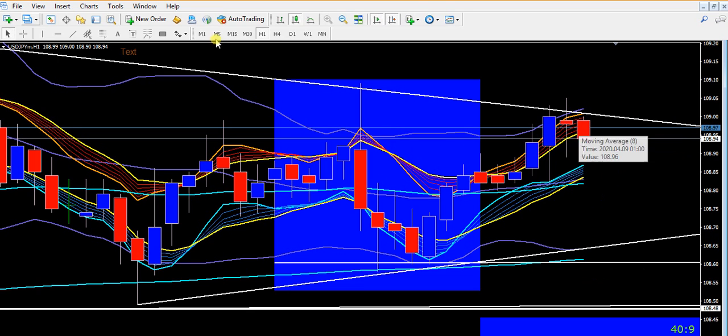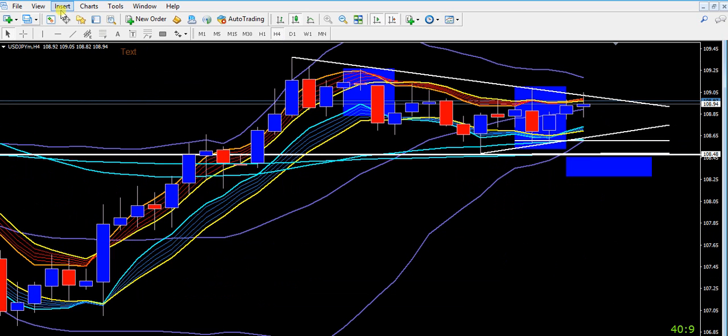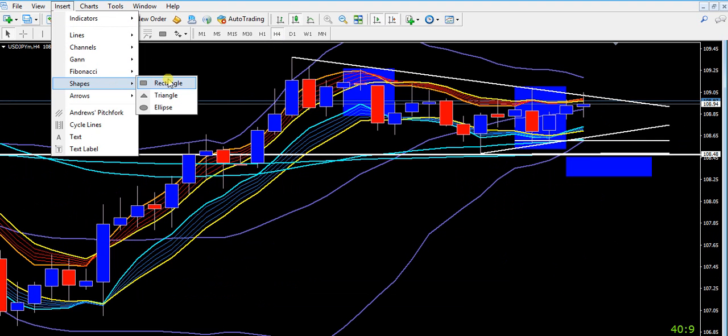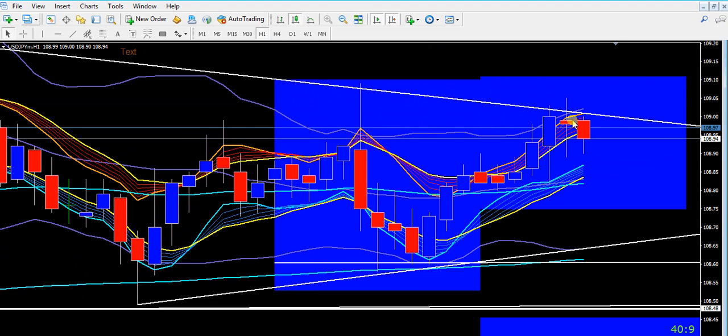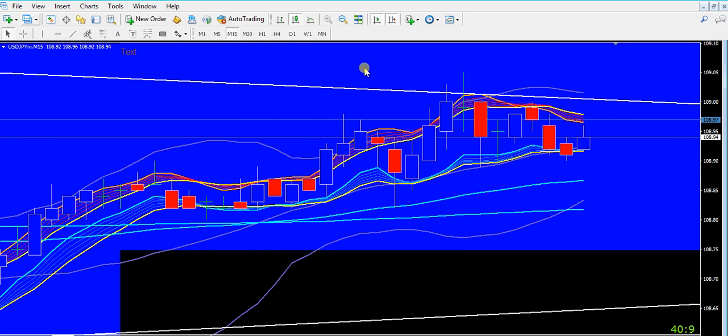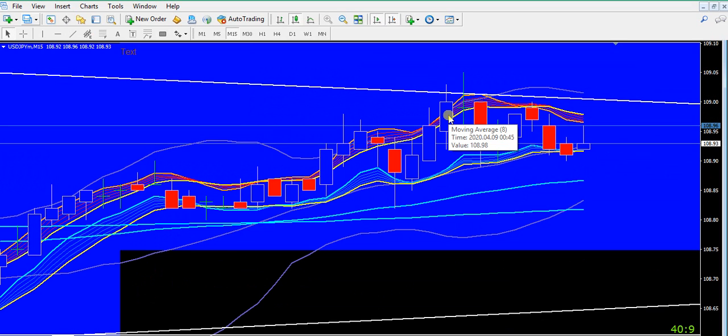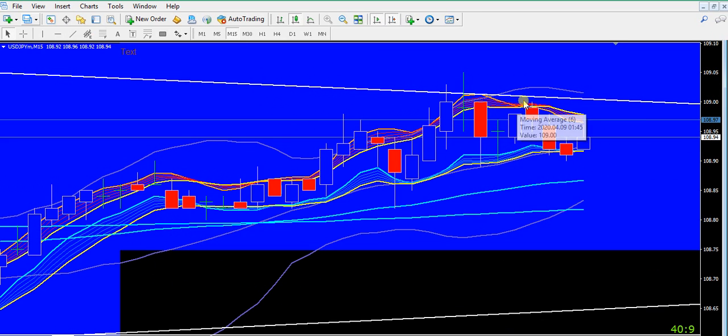According to the 4 hour, let me check. If I want to sell, maybe sell first. If I want to sell, then this area is the place to re-enter a sell. We saw that this is the extreme area, and in M15 this is also the extreme area. So the best place right now is not buying first, but a selling position, because we saw this is the extreme area.